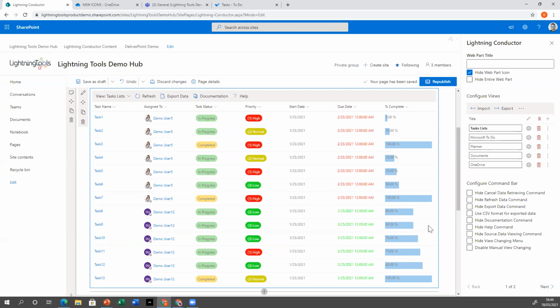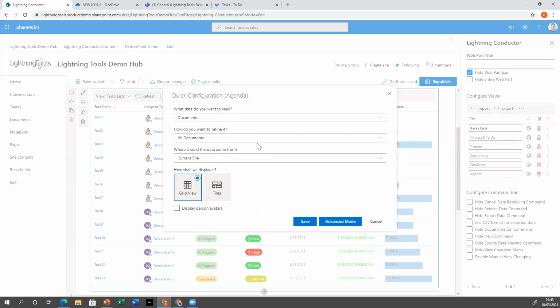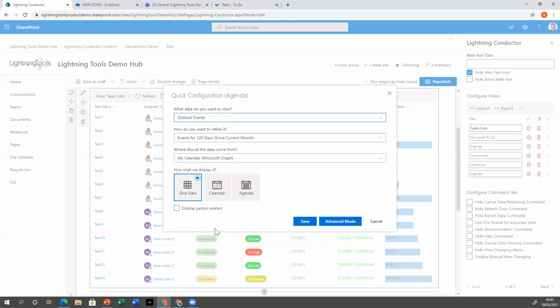Okay, great question. So yeah, the agenda view, I created that one in Teams, so let's just create it here as well, and I can explain more as I go through. So you can use the agenda view against a couple of different options. What I did was I used it against the Outlook events. And these are Outlook events belonging to me as a user. So it's using the Microsoft Graph to show